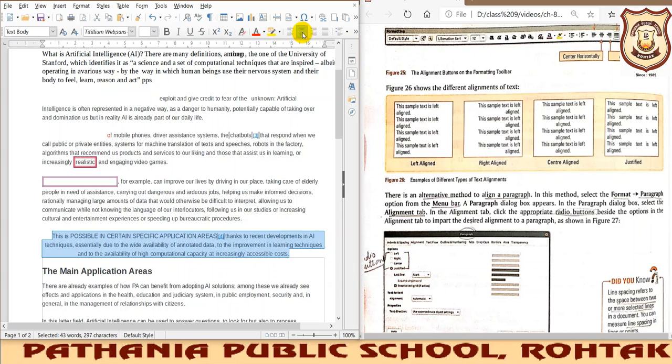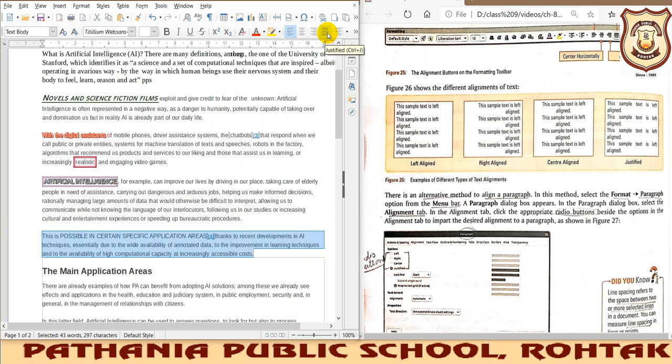So we do not use this type of text in paragraph writing. Generally we use this type, justified, with symmetry on this side and symmetry on this side also, and this is for the right side symmetry. There will be no left side symmetry. And here if you click on left, the left symmetry will be maintained but the right symmetry will not be there. So the best way to represent a paragraph is to use justified, and the shortcut key you can see is Ctrl plus J. It gives a better option.